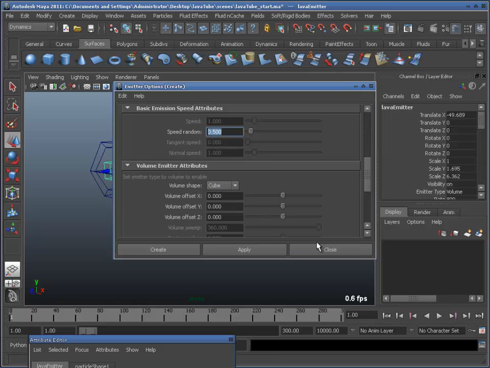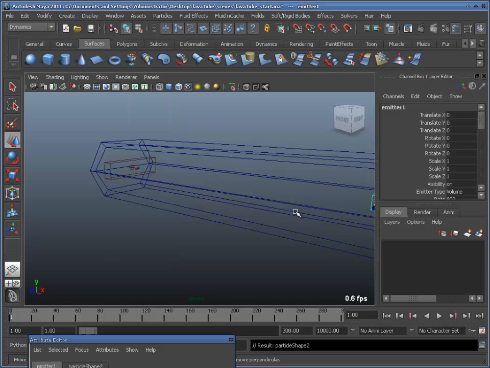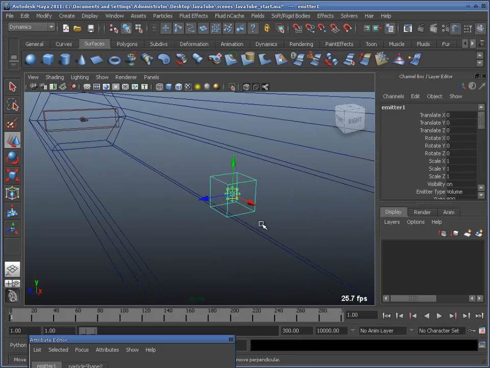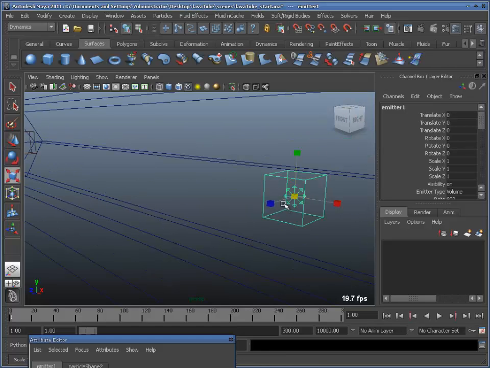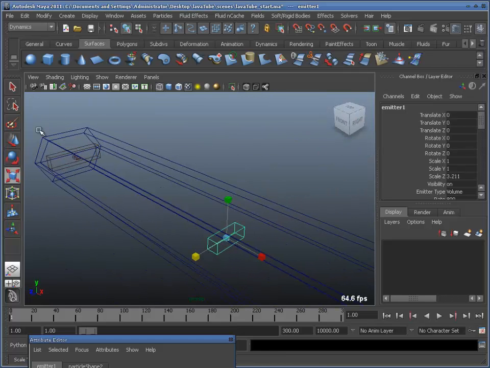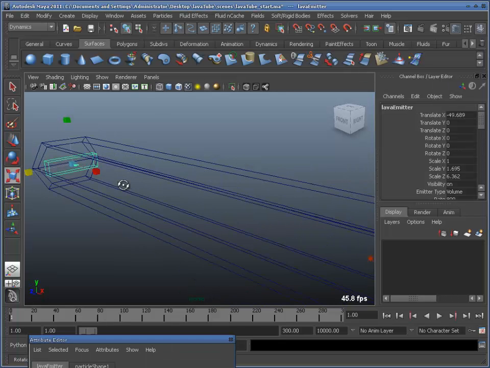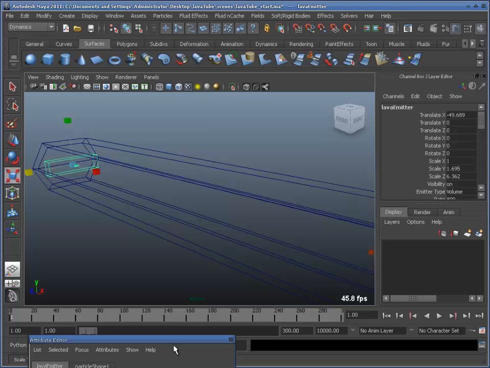Volume shape cube. Once you create that, you'll get a cubical emitter here, cubic volume emitter. Now you can resize it and then put it over there. So the attributes we have here are